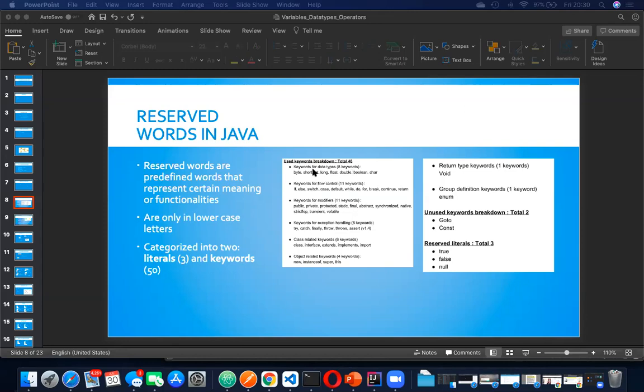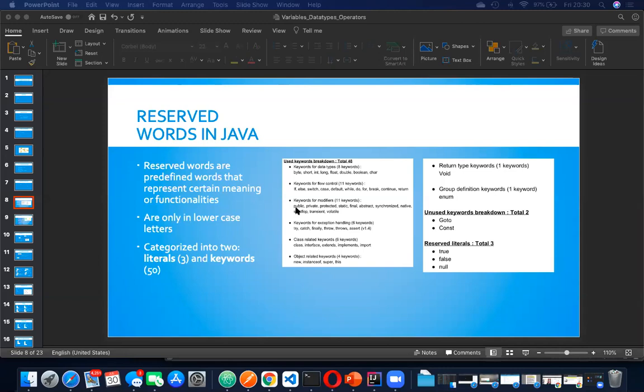The used keywords are used for defining functionalities in our code. Examples are short, integer, long, float, double, if, else, while, the while word that we were using before, do, private and public, like we are using in our code,